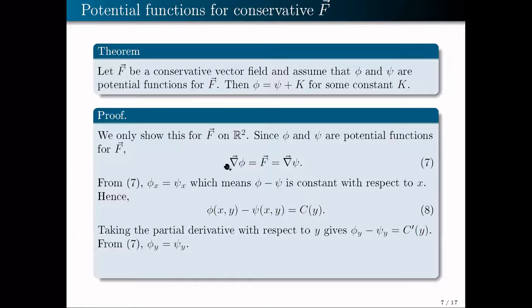However, from equation 7, since their gradients are equal, then phi sub y must be equal to psi sub y. And so, going back to this equation, since phi sub y equals psi sub y, then this must be equal to 0. Okay. So we have c prime of y equals 0, or